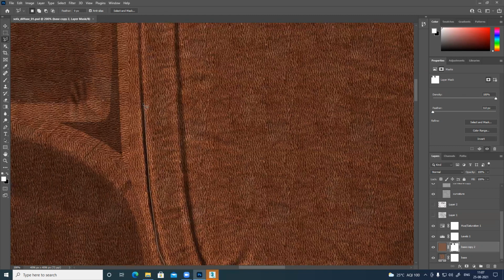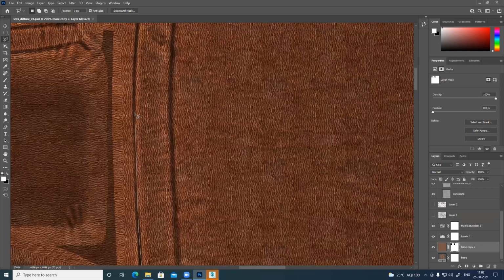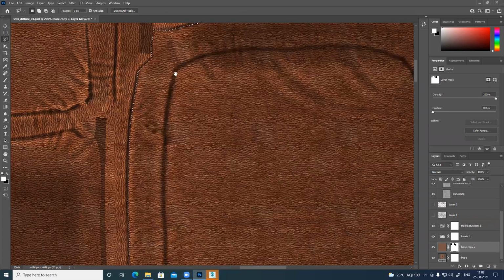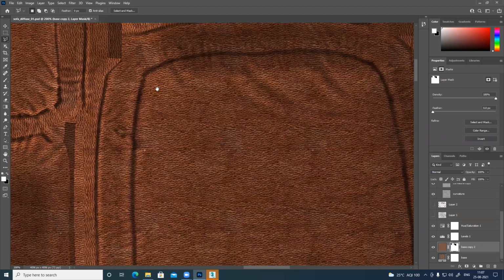Following these borders, like this. The inside part also needs to be separated.